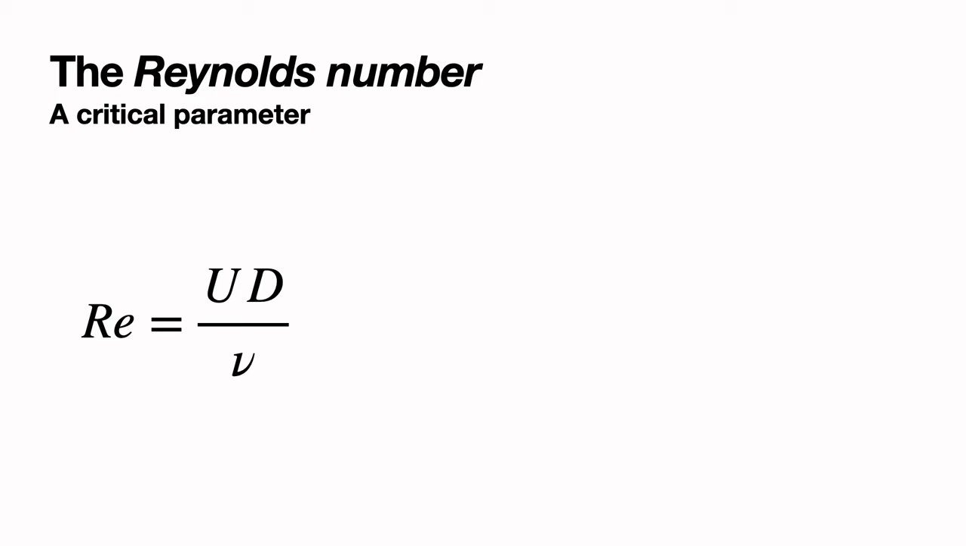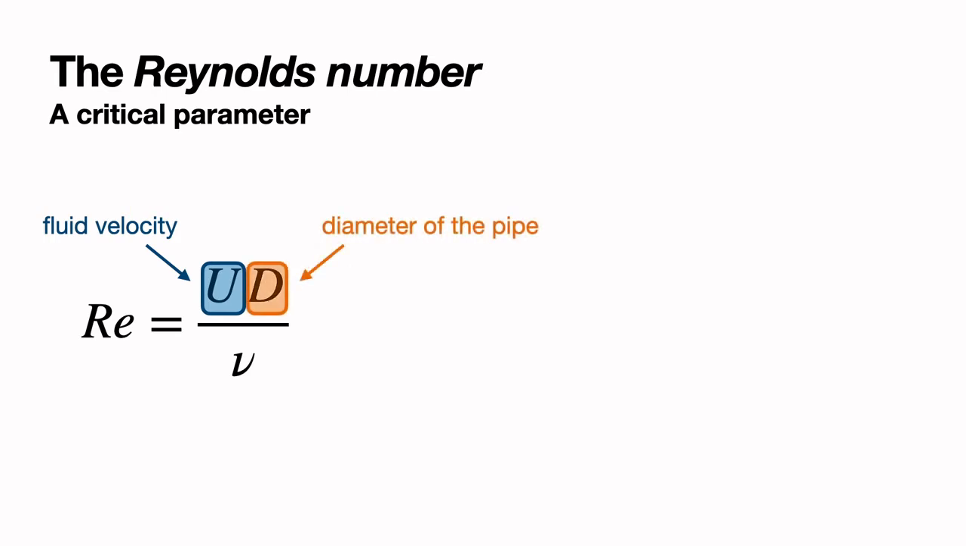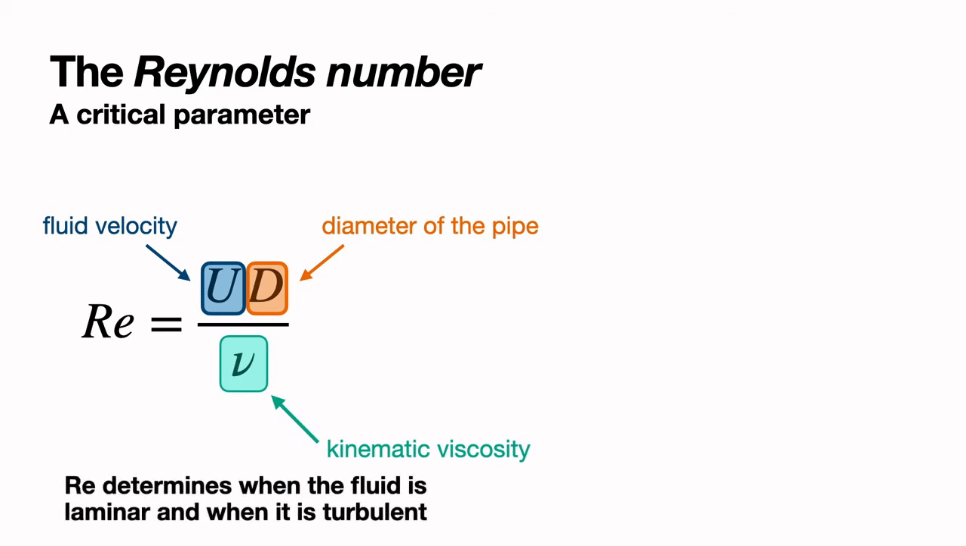So if you take the fluid velocity, multiply that by the diameter of the pipe, and then divide by what's called the kinematic viscosity, which is essentially just a measure of the viscosity of the fluid, then you get this number which doesn't have any dimensions like meters or seconds, called the Reynolds number. And what he showed in that original paper of his is that the Reynolds number determines when the fluid's laminar